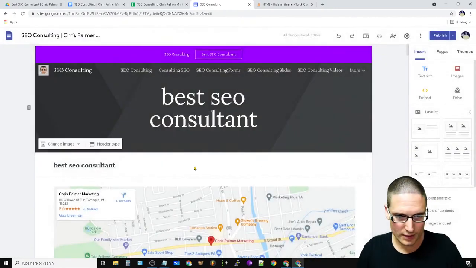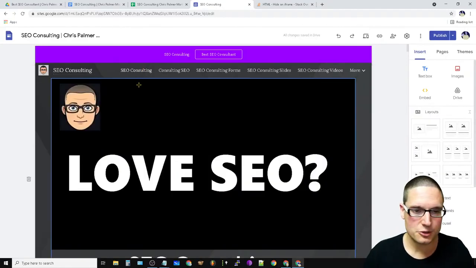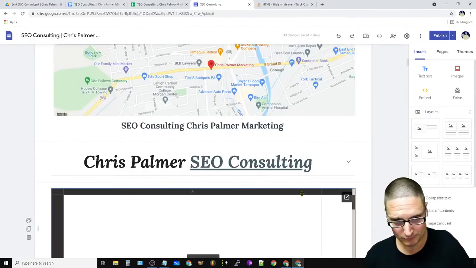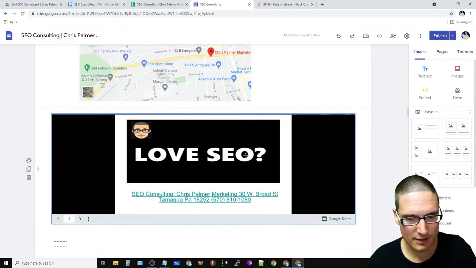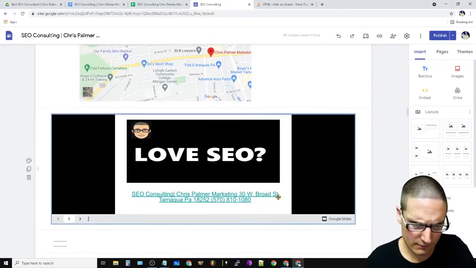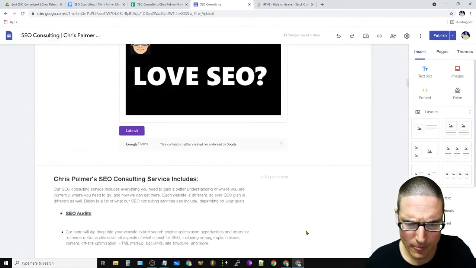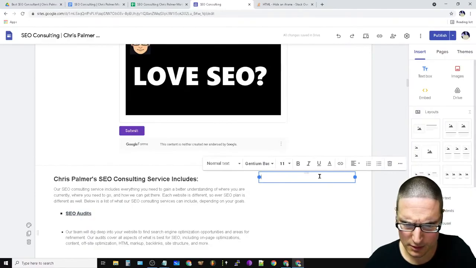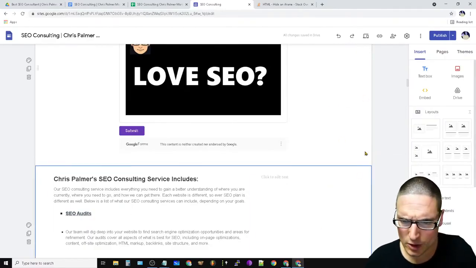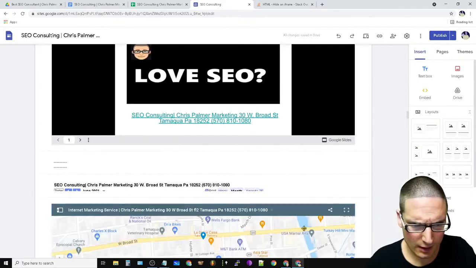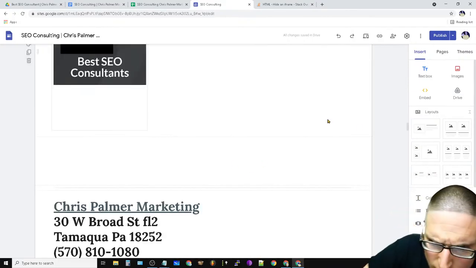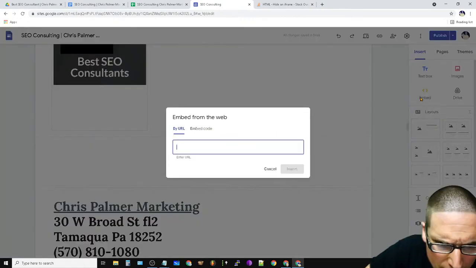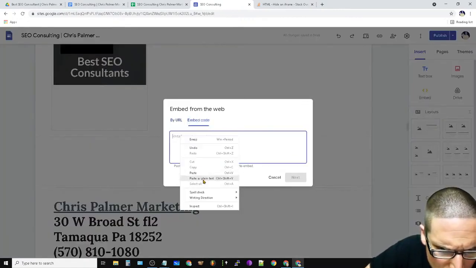What are we doing here? So we go to the home page, right? And then just pick a place. I think I already have it on this page. Let me look around. This looks like maybe it was one of them. So what we're going to do is we're going to come on down to here, and then we're going to embed code.